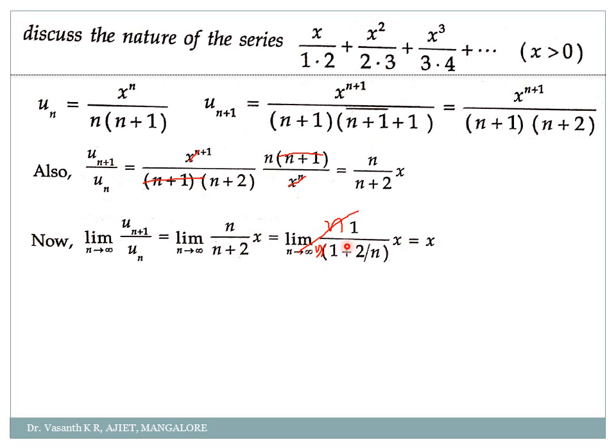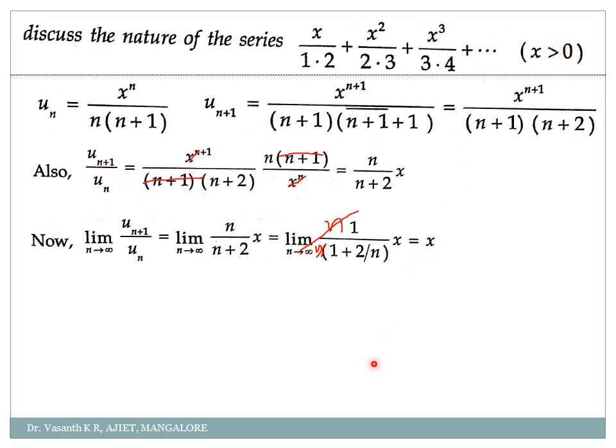I have to get this, see, when limit n tends to infinity, correct? You have to take n out of the denominator. So in the denominator, I have n plus 2. So take n outside here. Let that x be as it is. When I take n outside here, I'll get 1 plus 2 by n. Cancel n and n here. n and n will get cancelled. Okay, so when I apply infinity, 1 plus 2 by infinity.